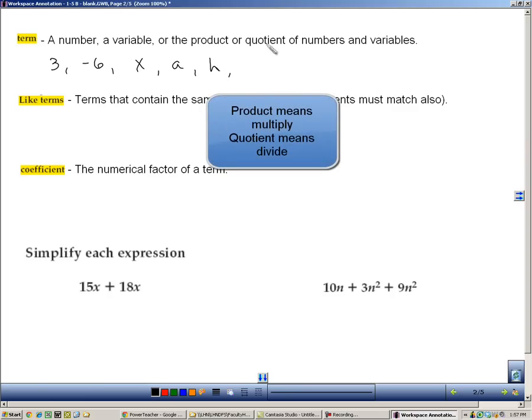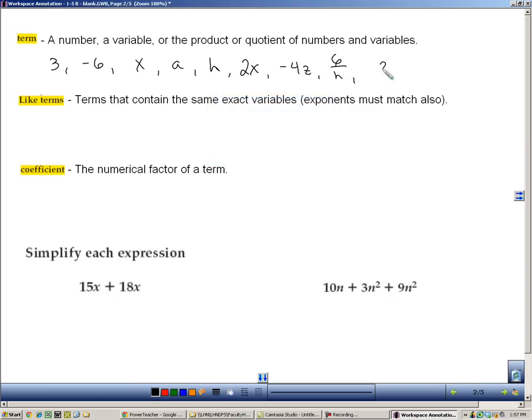It could also be the product or quotient of numbers and variables. 2x is a term. Negative 4z is a term. 6 over h, that's a term. If you look at something like 3x plus 2, that's not a term, but the 3x is, and so